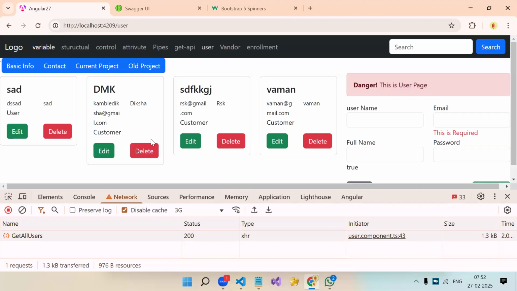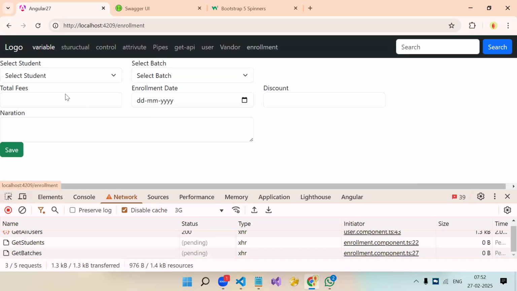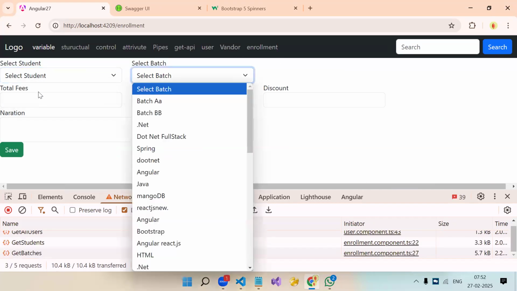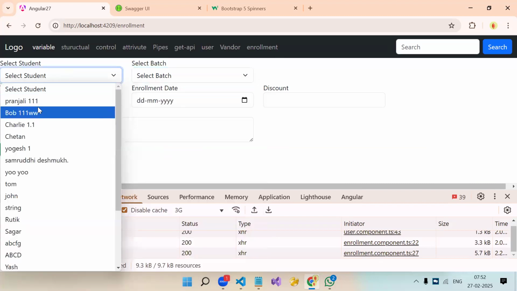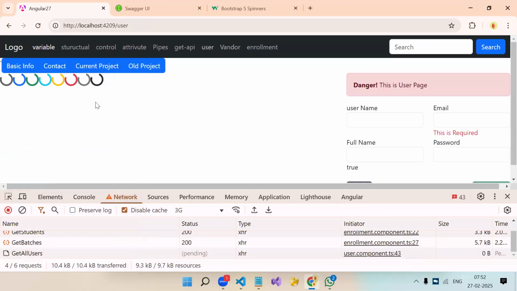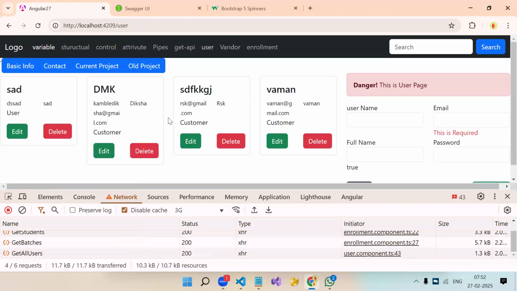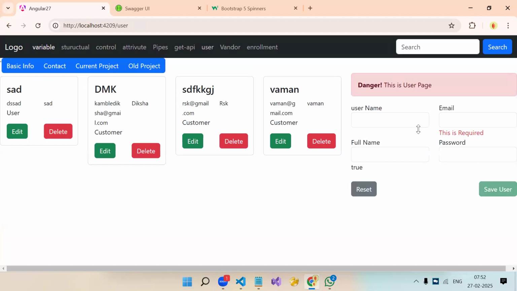How do we show the loader? Wherever you are showing the data, and that data means not a drop down like we did over here. Here you don't have to show it. But if you are showing the data in the table, you have to show the loader. Understood everyone? It's a simple variable. By toggling that variable true and false, you achieve it. Now, just pay attention properly.